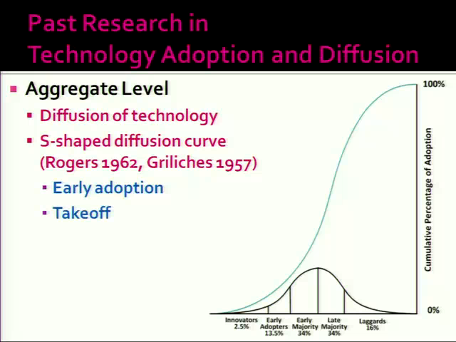And then as the technology becomes a little bit more mature, more people are using it, then we have what we call the takeoff period, and that's the middle portion of that S-curve, which is very steep. So that's where your early majority and your late majority, the majority of the people who are more or less more risk averse, come in and participate and they start adopting the technology. So that's a very good period for all the people that are selling the new technology. And then finally, we have more or less saturation. So we reached that top part of that S-curve where most people who will adopt have already adopted the technology. There's not much